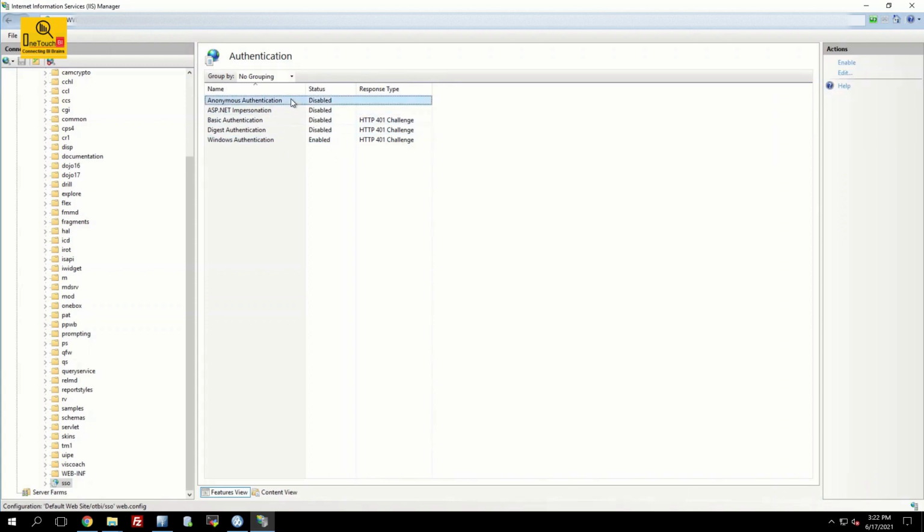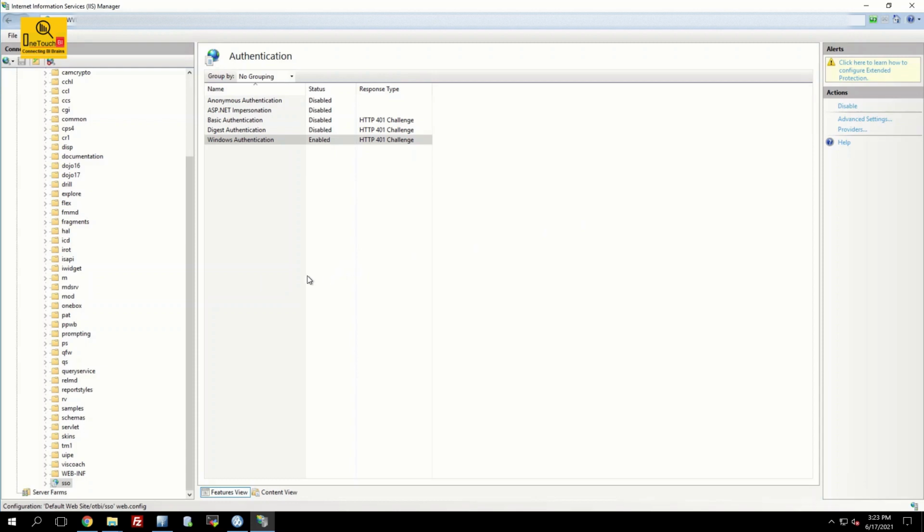By default, in your case, anonymous authentication is enabled and Windows authentication is disabled. If this is what your setup looks like, you just have to reverse it. Go to the anonymous authentication, under actions, disable this and choose the Windows authentication, under actions, enable it. Got it?